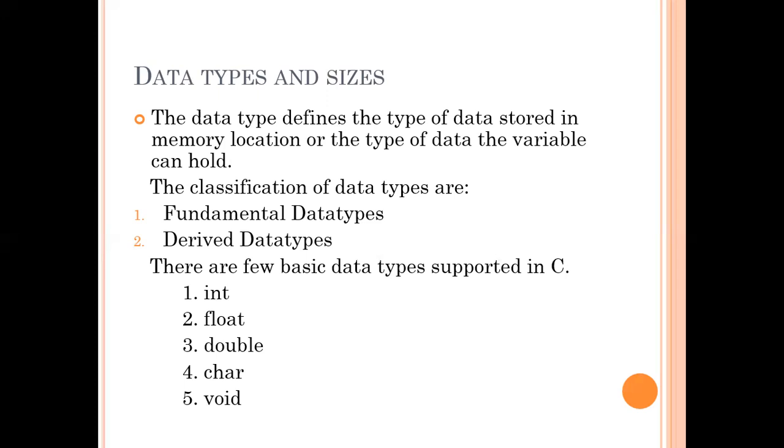The rules are: symbolic names have the same form as variable names. No blank space between the pound sign, that is hash, and the word define is permitted. Hash must be the first character in the line. A blank space is required between #define and the symbolic name, and between the symbolic name and the constant. #define statements must not end with a semicolon. After definition, the symbolic name should not be assigned any other value within the program by using an assignment statement.